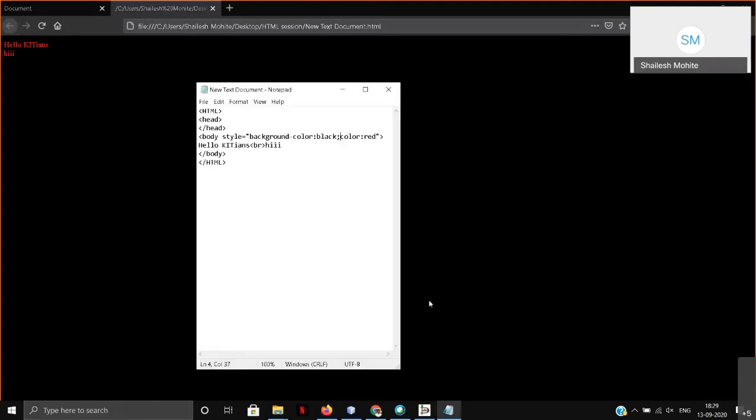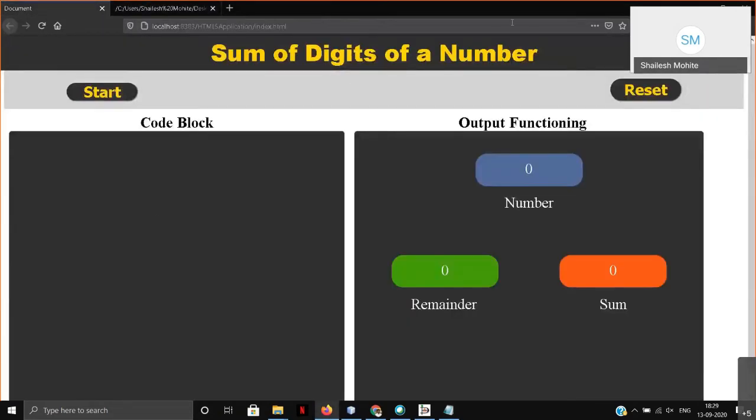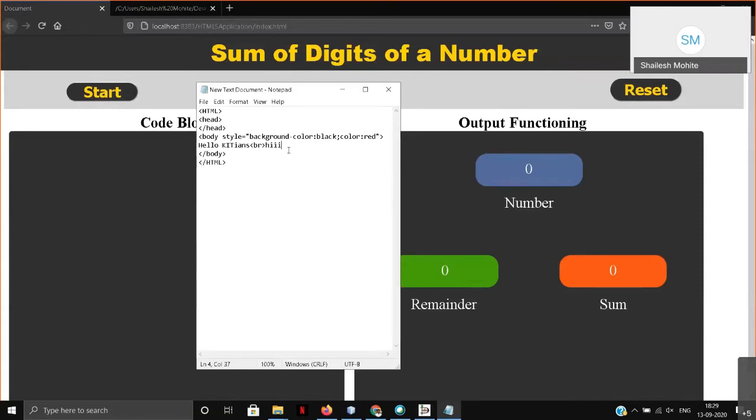So next I am going to tell you the heading tags. So here you can see that this font and this font differ, because this font is written in a different type of tag, heading tag, and this in another type of heading tag. Actually this type of font is in the H1 tag, and this type of font is in the H6 tag. So let's see how we are going to deal with this.